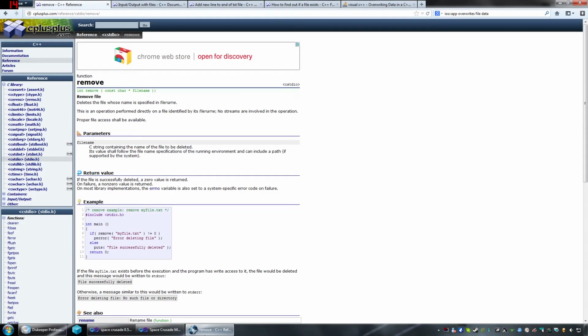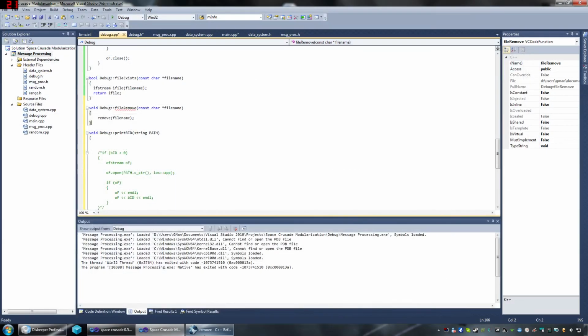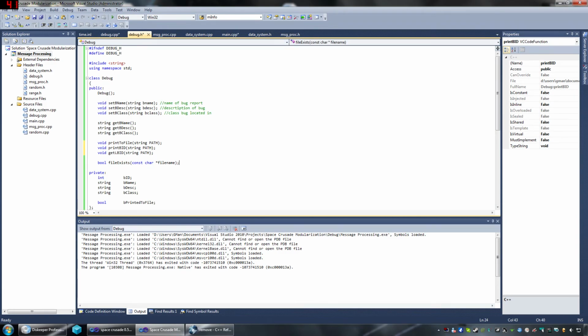That's all we have to do, right? We'll create this up here. Void file remove const char file name. Alright, now